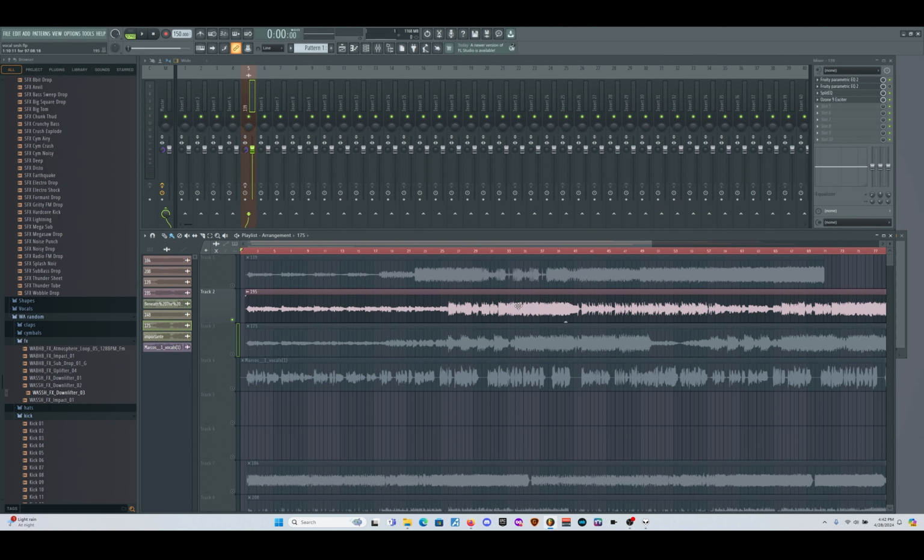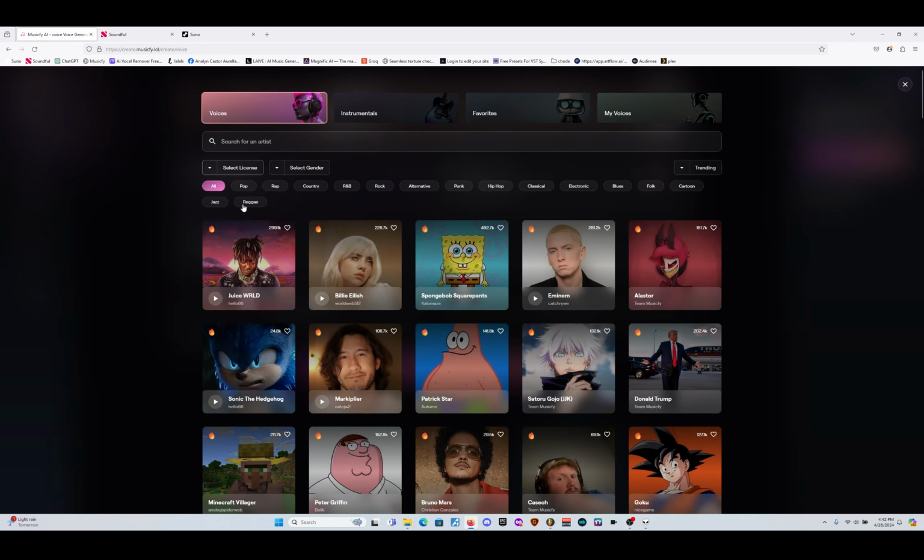the vocal sound. So then I bounced both of these out, brought them into Musicify, brought them into the stem splitter. I brought just the vocals out of it. And then I brought the vocal track back into Convert Voice. I picked one of the royalty-free ones, Marcos, and the other one was Juice WRLD. They both sounded good, but Juice WRLD has a perfect voice for whiny emo music. So I ended up sticking with that one, and I'll give you an example.